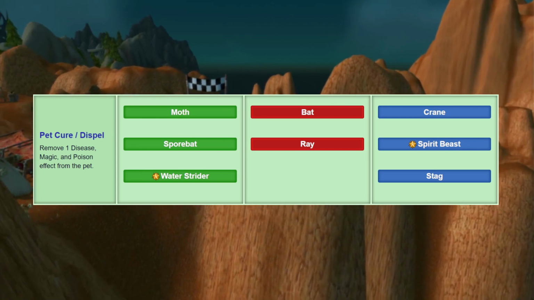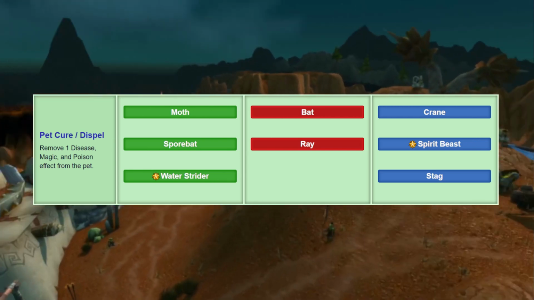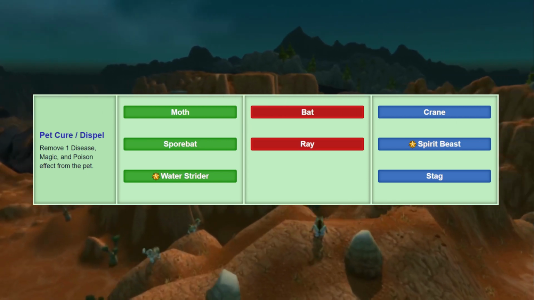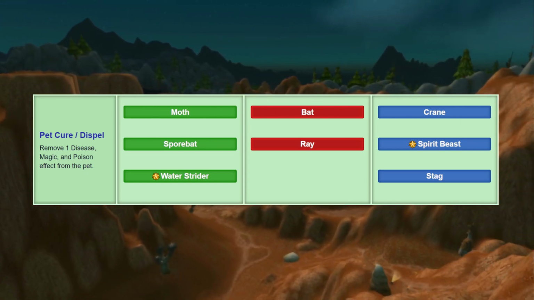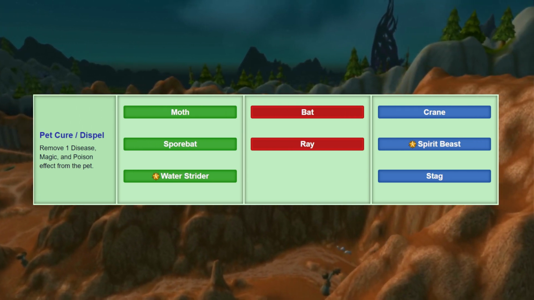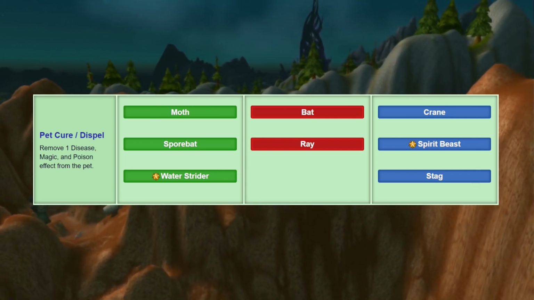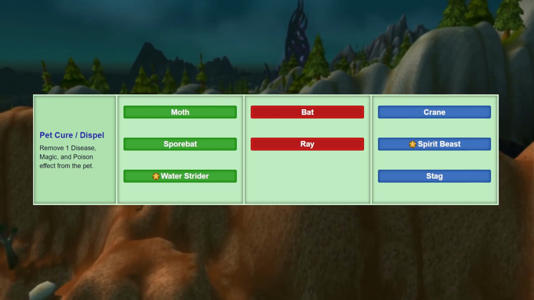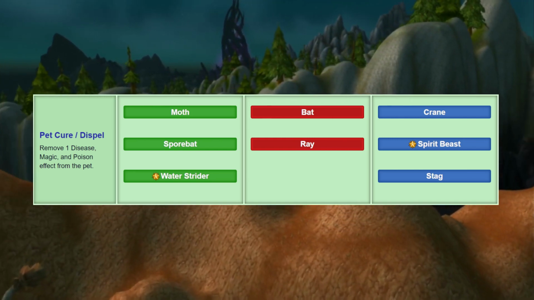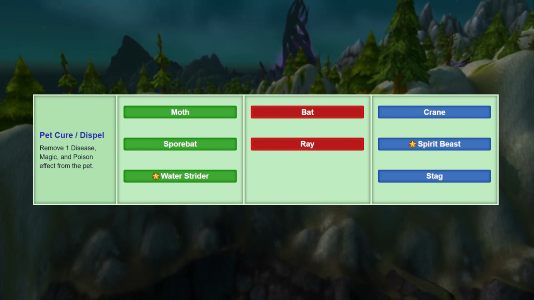Now, they're going to perform the same, right? Because we do still have Tranquilizing Shot. But I would say that the Water Striders and the Spirit Beast, both as pets themselves, are not as valuable because we're going to get that Tranquilizing Shot no matter what pet we take. So let's look at Water Striders. And when I examine these two, honestly, I'm not even going to take the Pet Cure / Dispel special ability into account, since it's just so lackluster. We're going to be talking about the synergy between the pet families and